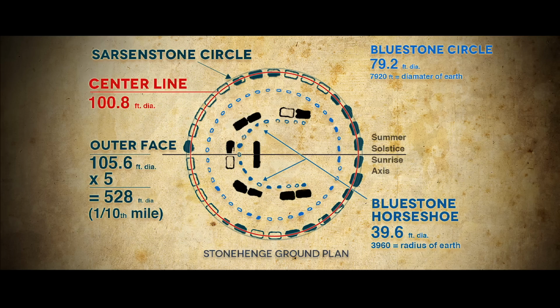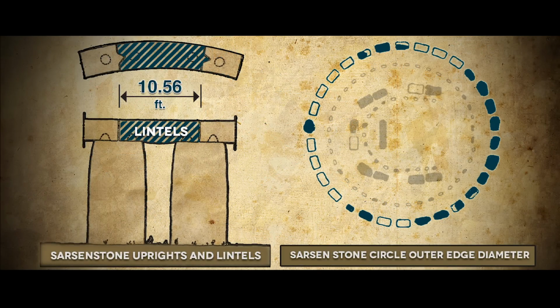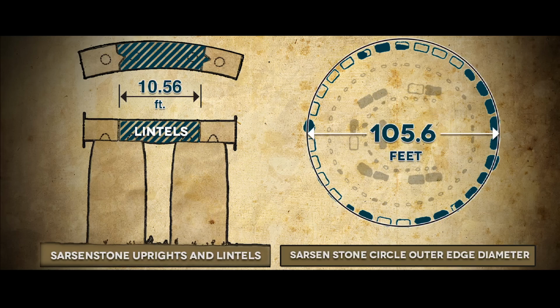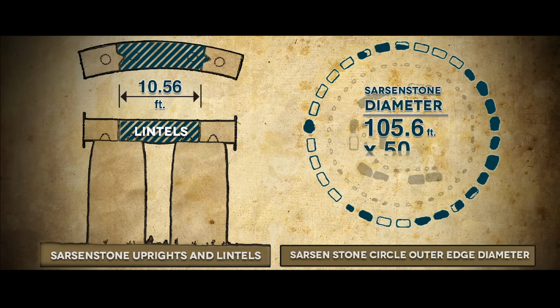The average length of the sarsen stone lintels is 10.56. So this average length of the uprights and the lintels that separate them is 10.56 feet. Multiply that by 10, you have the overall diameter of the structure. Multiply that by 50, and you have exactly the British mile that we've inherited, which is now the American mile, since the British don't use that mile anymore, they use kilometers. So we here in America are essentially preserving that ancient sacred unit of measurement that was being used by the